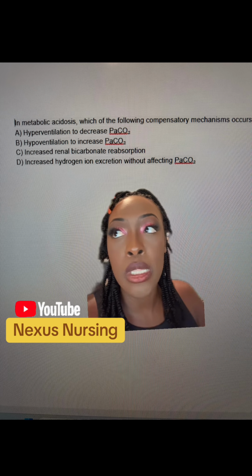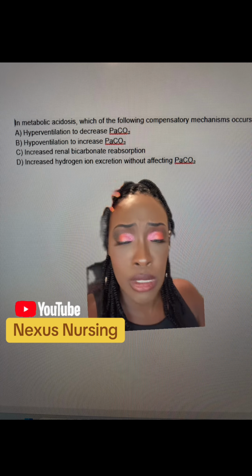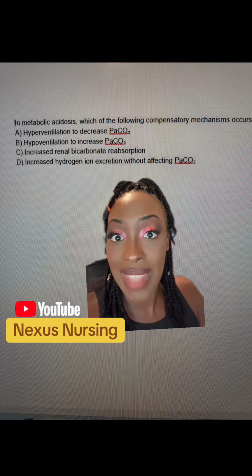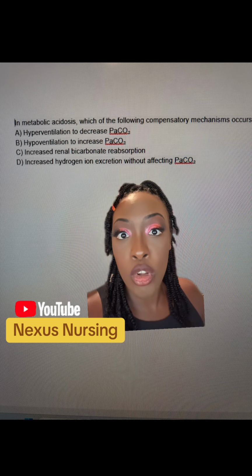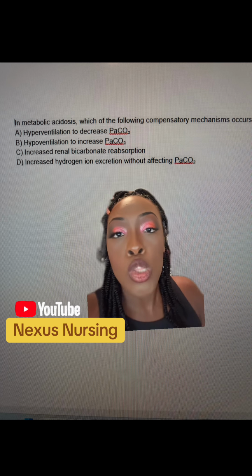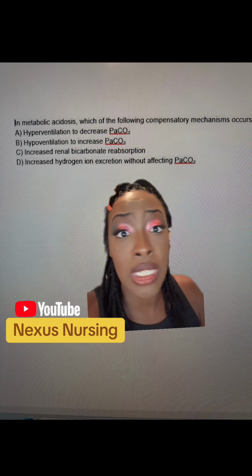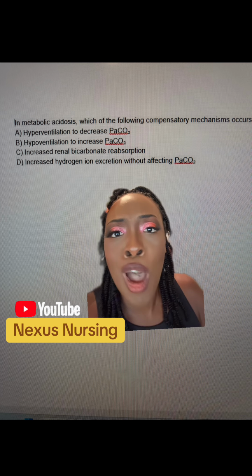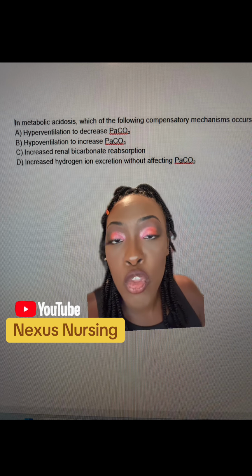So what's happening? Kidneys are responsible for bicarb. If the patient's in acidosis, well, that makes sense, because if the kidney's in trouble, it's not shooting out bicarb the way it's supposed to, so the patient's in an acidic state. Whenever the kidneys are in trouble, the lungs are going to try to compensate. And when the lungs are in trouble, the kidneys are going to try to compensate. So if this question tells us that the patient's in metabolic acidosis, letting us know that the kidneys are in trouble, and they're asking us what the compensatory mechanism is going to be, automatically, we already know it's going to be the lungs. If the kidneys are in trouble, the lungs are the ones who are going to help.